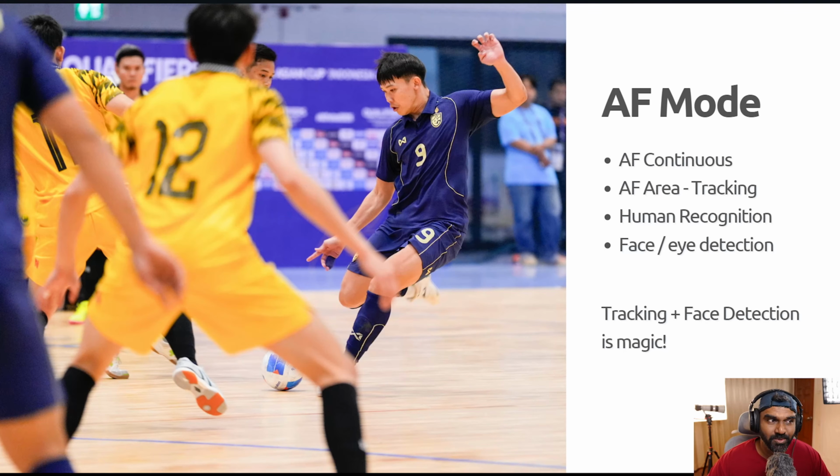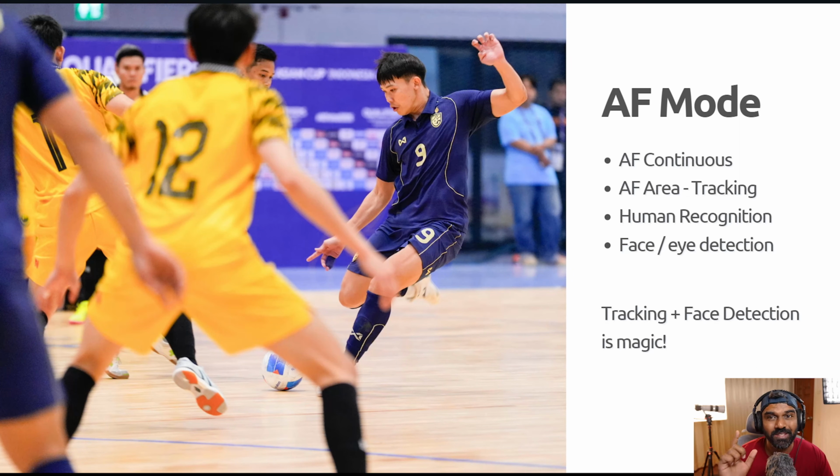Now, AF mode, right? Like I said, I had everything on, but how the tracking works is so different. You see, this specific shot, there are so many people in the foreground, but the camera captured the guy I was tracking with the ball in the bottom, and that's something I find fantastic. This cannot happen in the zone focusing mode. It probably will be trying to decide, hey, who should I focus on, right? So it will be thinking a lot, but the tracking really helped.